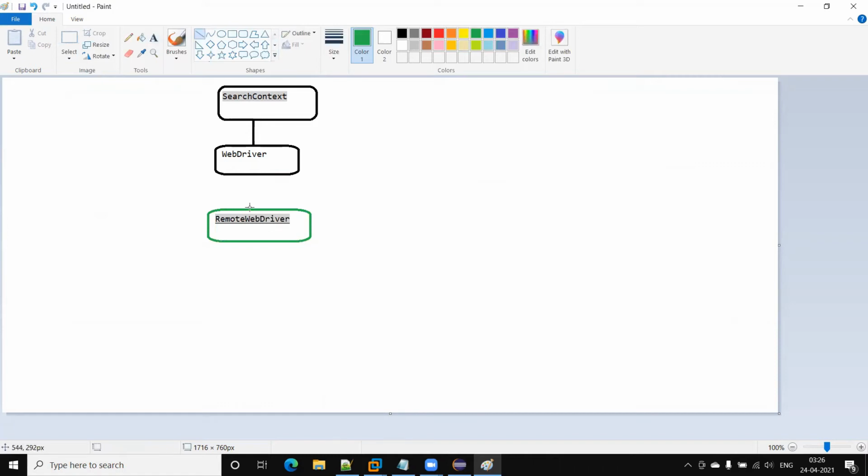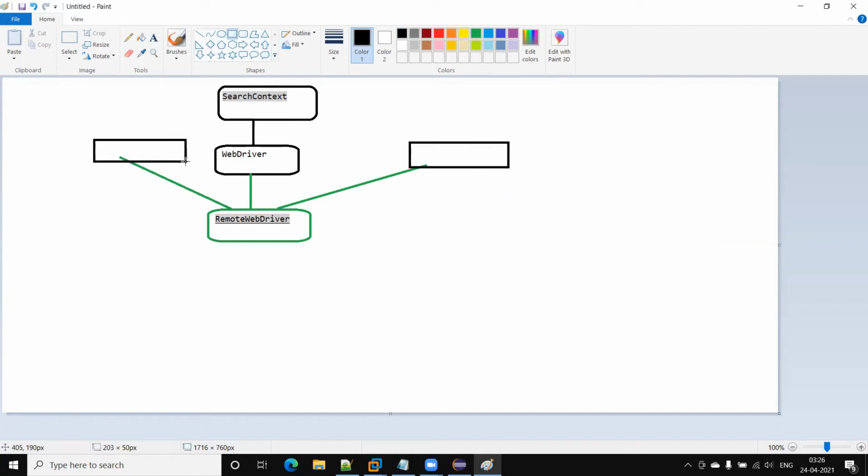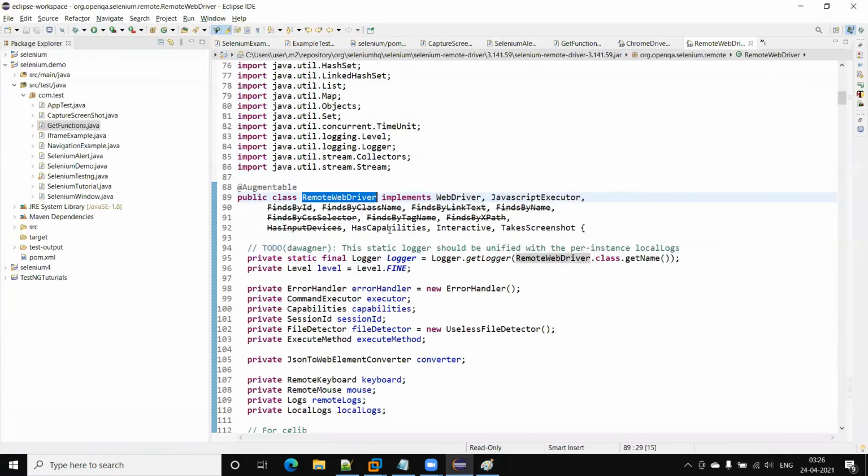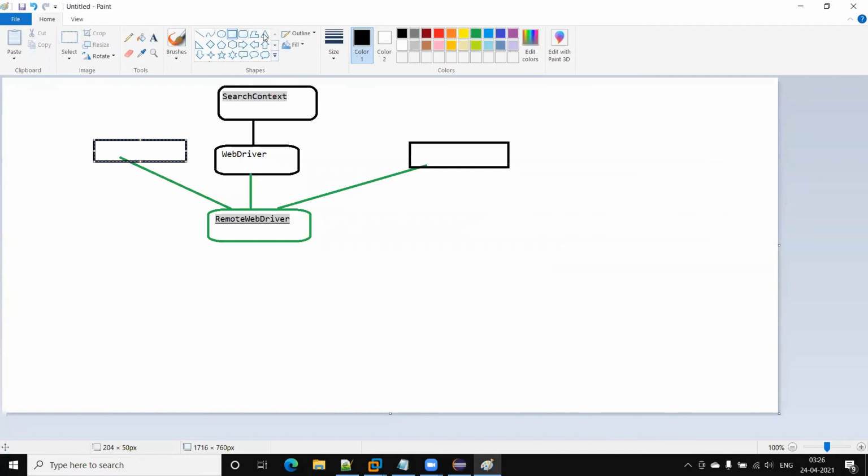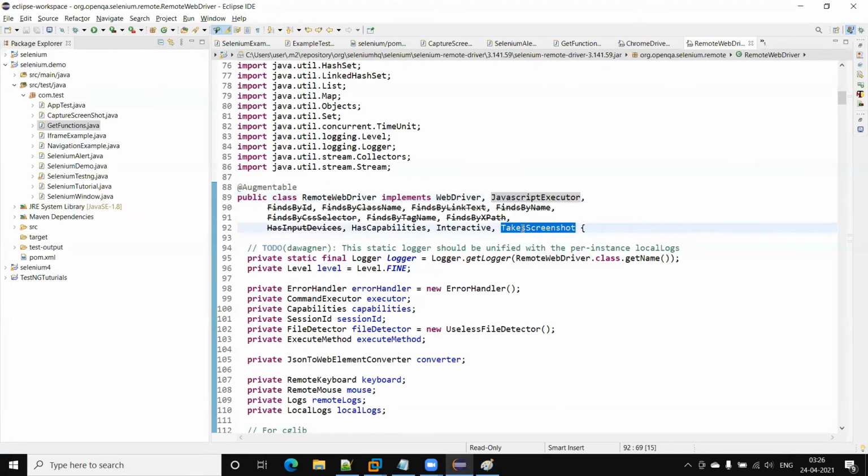So this implements the WebDriver interface. Similarly, there are two more interfaces: one is JavaScript executor, and second is take screenshot.